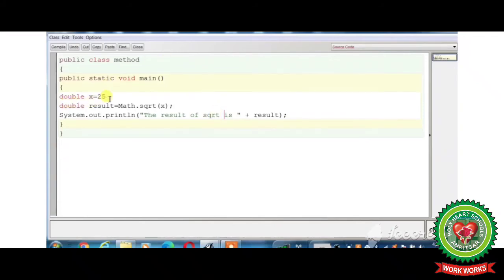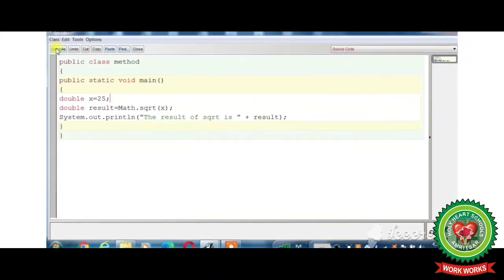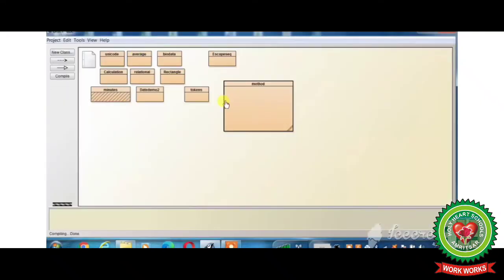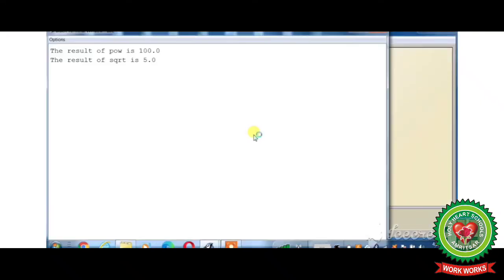So we have taken double x is equal to 25, double result is equal to Math.sqrt(x), System.out.println, the result of square root is result. Now click on the compile button, click on the close button, right click on the class icon and click on the void main. So the square root of 25 is 5.